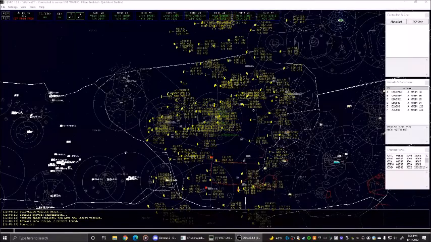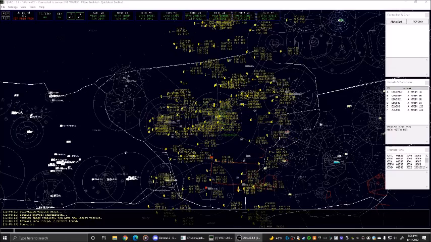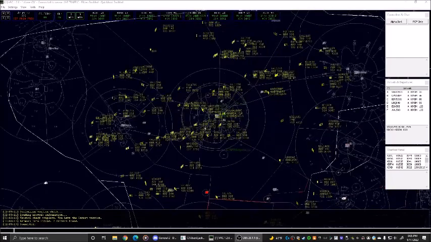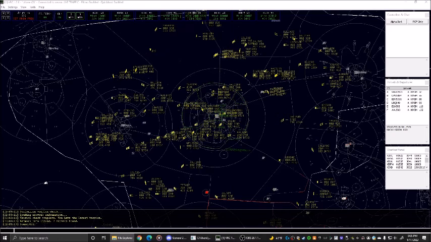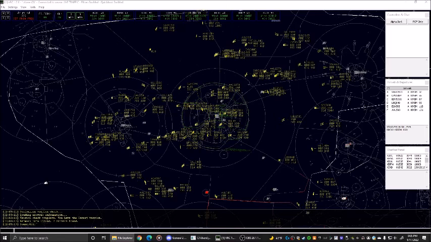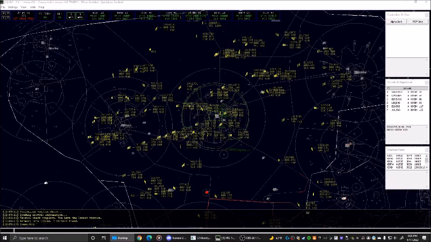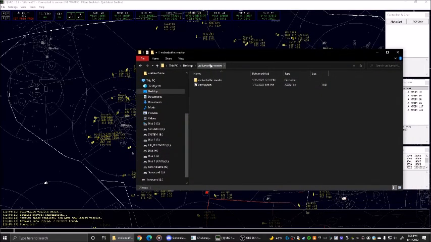So this is a real-world connection to VRC of real-world traffic. Now, it's controlled via this handy-dandy little file. If we go ahead and open the File Manager, there's this file on GitHub that you can download. Now, you have to be a member of the VATSIM community to be able to connect. But if you go to this file here, you're going to get and download this thing called VRC Live Traffic